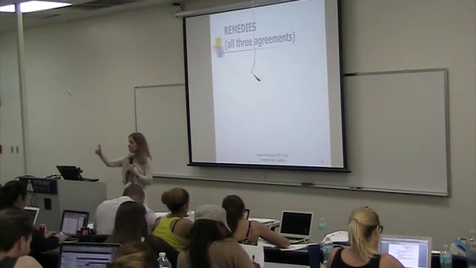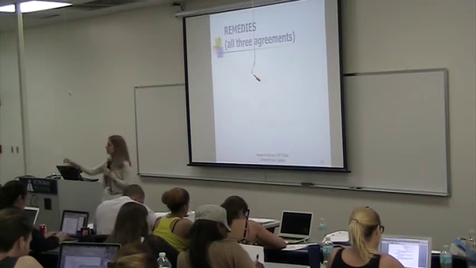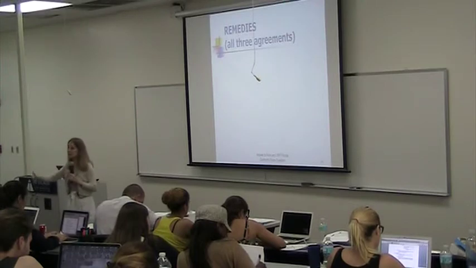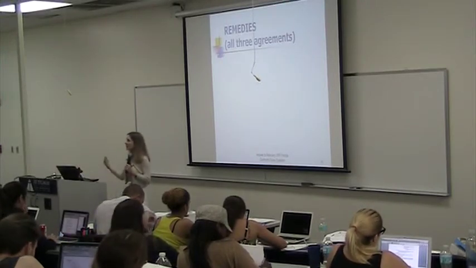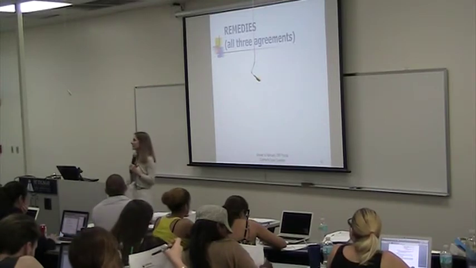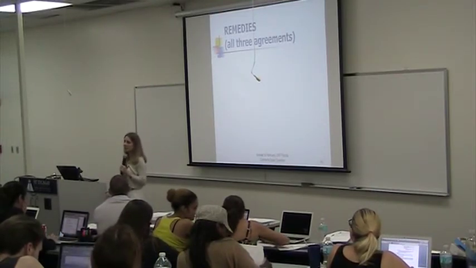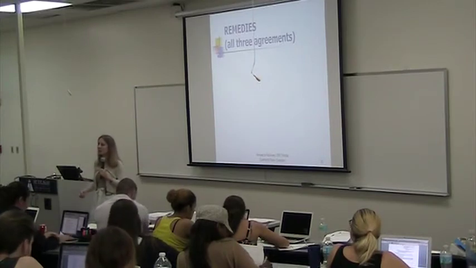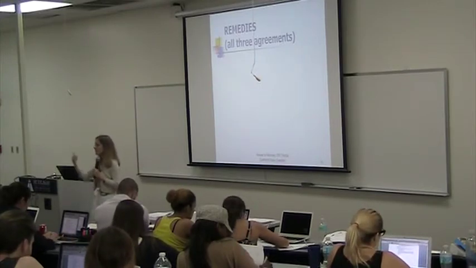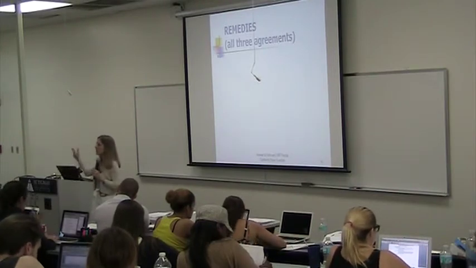So, basic measure, difference between contract price and cover price, plus incidental damages, damages that flow directly from the breach. You have to make some phone calls, you have to send out some letters to try to find a cover, plus consequential damages for the buyer, foreseeable, ascertainable, and unavoidable,